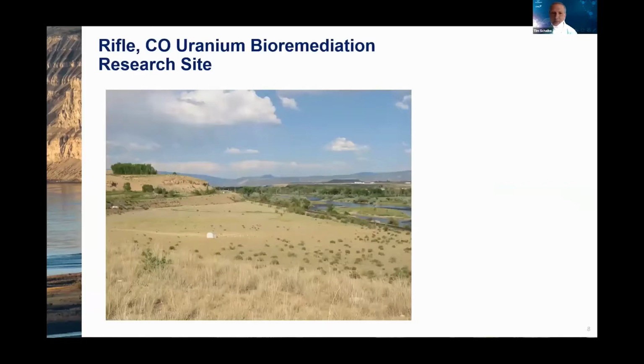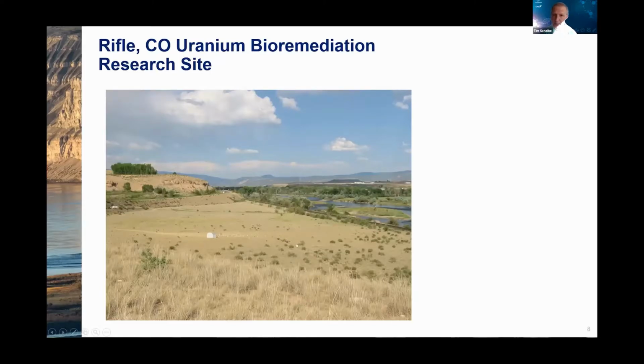And the main example I'm going to use in a lot of these is the Rifle, Colorado uranium bioremediation site. You may have heard of the Rifle site. This is a picture of the Rifle site, and it is located in western Colorado along the Colorado River in the floodplain here. This is a former uranium mill tailings site, and so there were uranium mines, and where they milled the uranium and put the tailings from the milling process out into the environment, the uranium subsequently leached